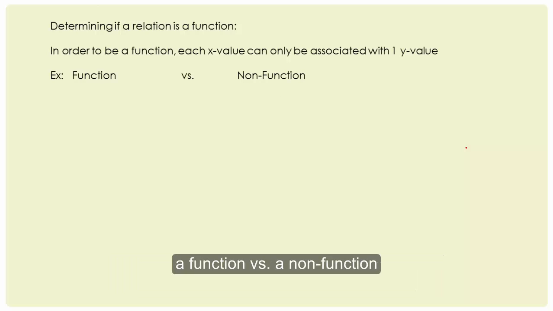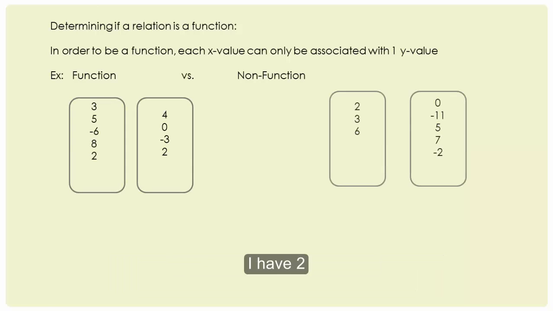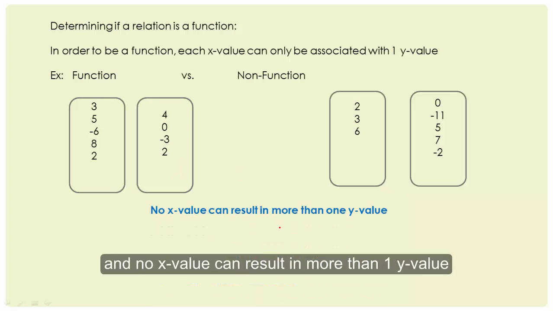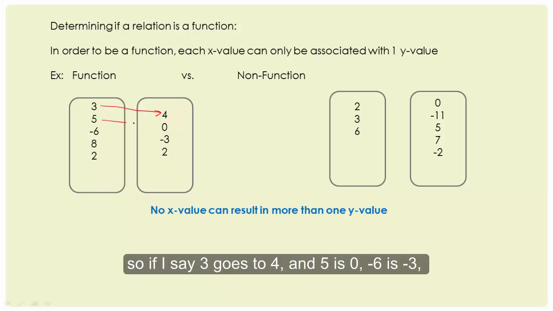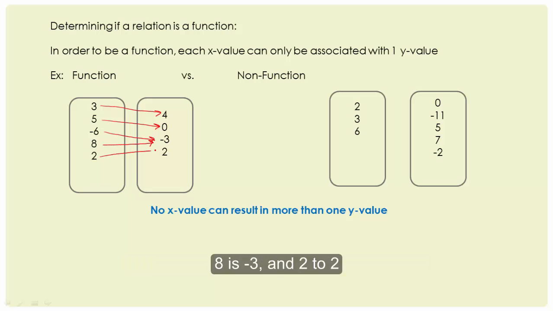Okay, so function versus a non-function. I have two sets, and no x value can result in more than one y value. So if I say 3 goes to 4, and 5 is 0, 6 is negative 3, 8 is negative 3, and 2 to 2, versus this setup,